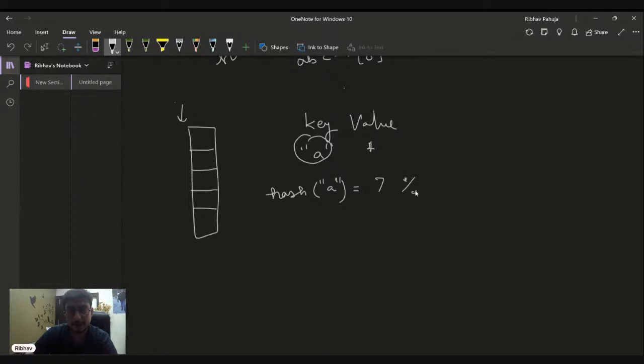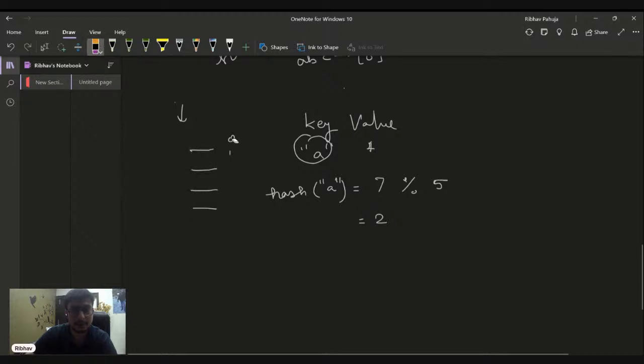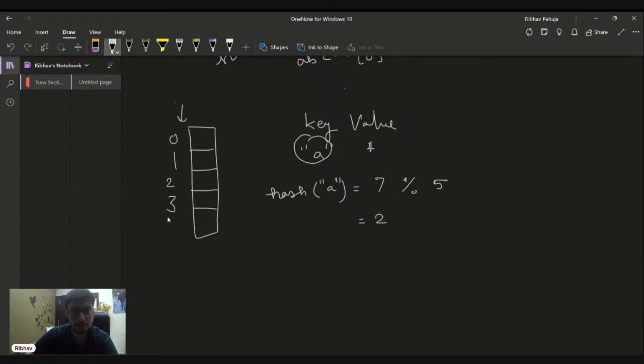So I'll mod it with the size of the array list, which gives me 2. So I'll place it on the second index: 0, 1, 2, 3, 4. I'll place the hash node with the value 1 here.